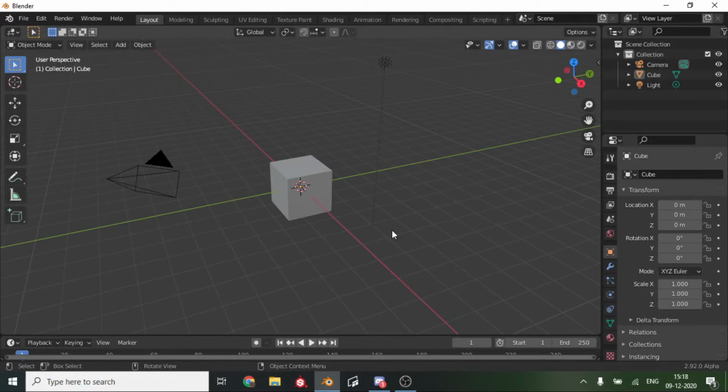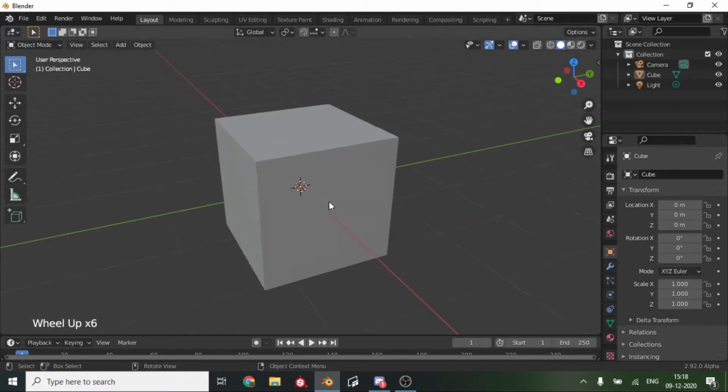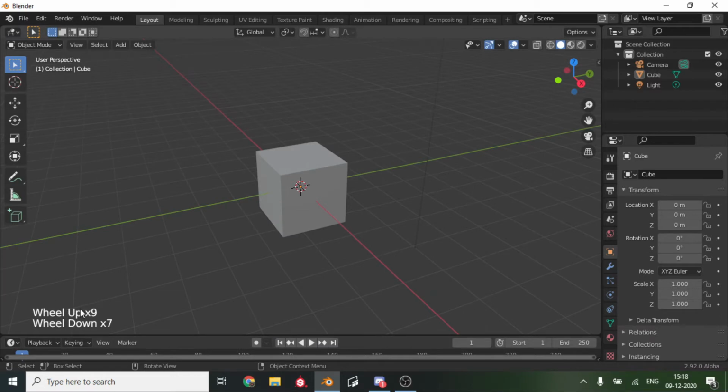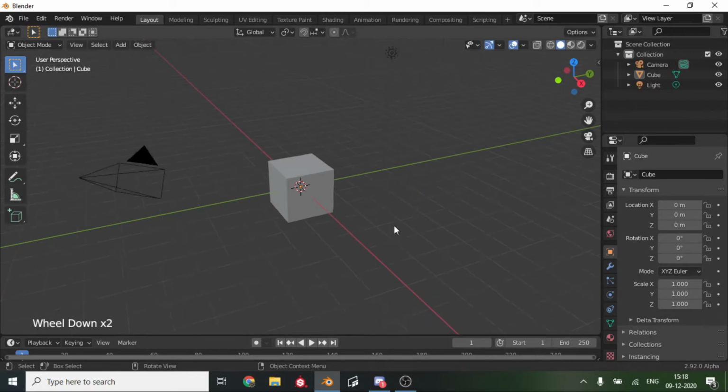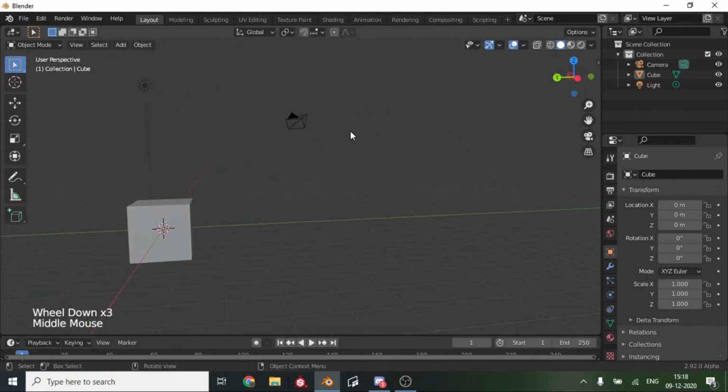Today I'm recording a tutorial on how to make a chair. So this is basically part 1, in which we are going to model the basic shape of the chair, and in part 2 we are going to make the texture. We are going to texture the whole chair, and in part 3, which would be the final part, we are going to composite it and give it a nice render. So you can see what I'm doing over here. So let's just begin.